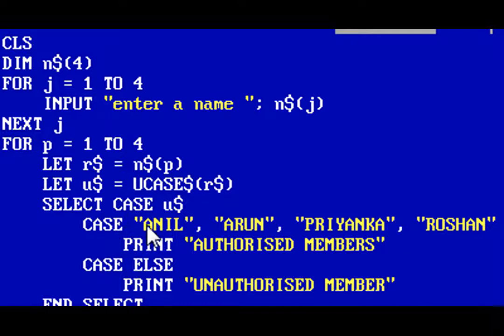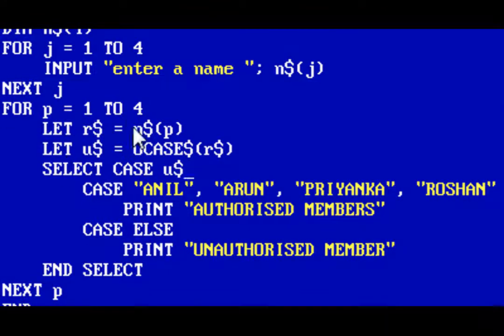First of all, just mention here whatever you want to check and make cases for that, and you don't have to write or again and again and again. You can write it by separating with a comma, and that's the best part I love about the select case method.